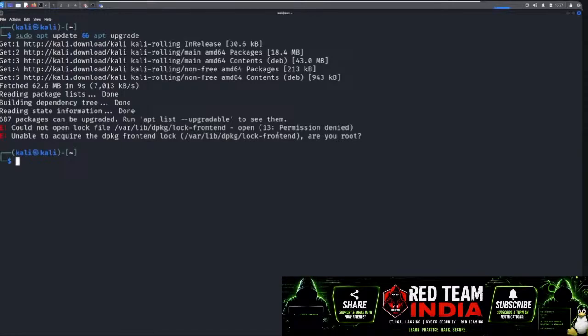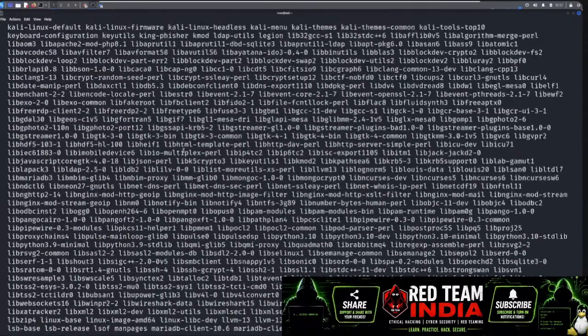Now, what you can see is it's asking us, are you root? So this is a lesson here. Sometimes we have to be the root user. We can't be just a sudo user to run the command. So what we're going to do in this instance is sudo switch user into root. Now we're root, and we're going to run that command again. So we're going to say apt update and apt upgrade. Okay, and it's going to run through this, and then it should provide us with a list of what we're